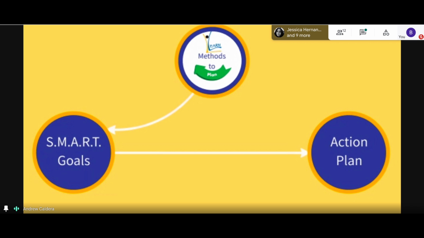The reason being is because the SMART goal you create is usually just one goal. Like when you do a SMART goal worksheet, it's usually one goal. And that one goal is going to be relative to your action plan because that's your desired outcome. That is going to be that same goal. And then your action plan is where you're going to list the steps on how we are going to achieve this goal. But first, let's get into SMART goals.